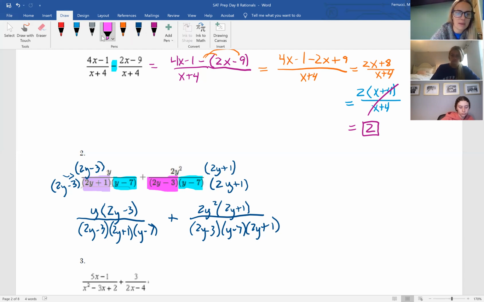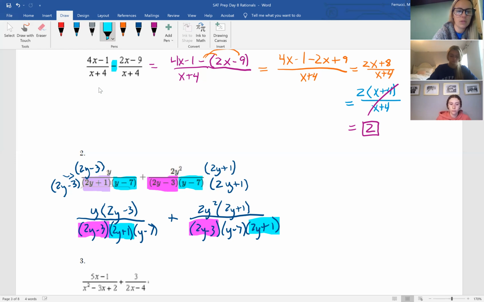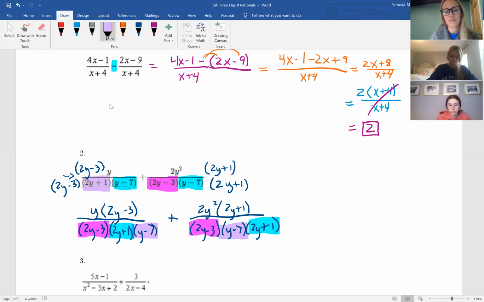Okay, so look at this. We have 2y, oh, crudsicles. Why did it do that? I don't know. I selected that. There we go. We have 2y minus 3, 2y minus 3. We have 2y plus 1, 2y plus 1. And then we have y minus 7, y minus 7. So look, all of them are highlighted and we have all of them in both of the denominators. So now they are common denominators, which means